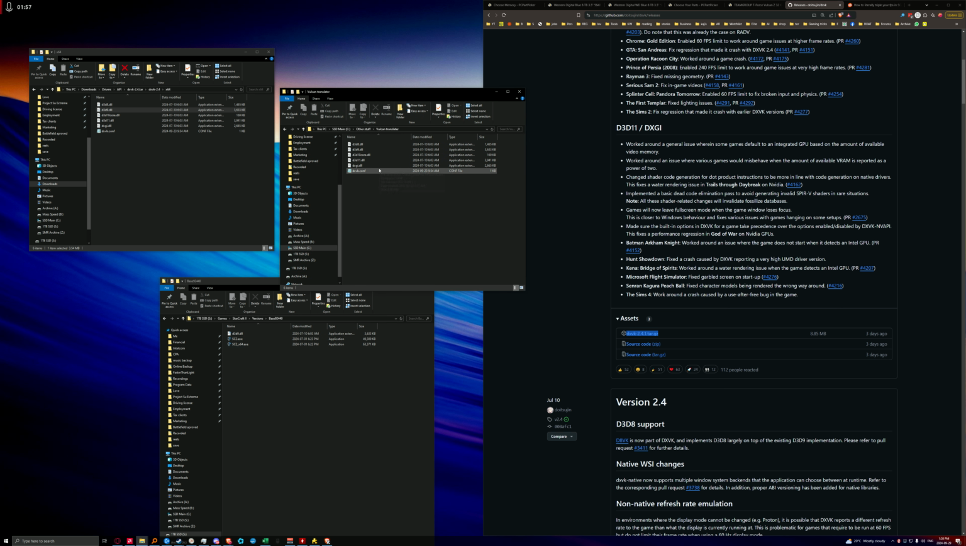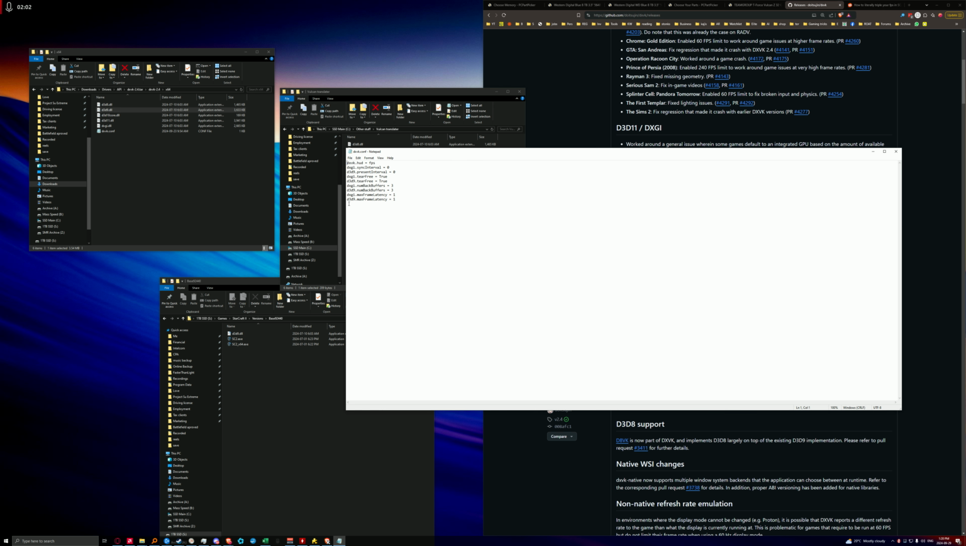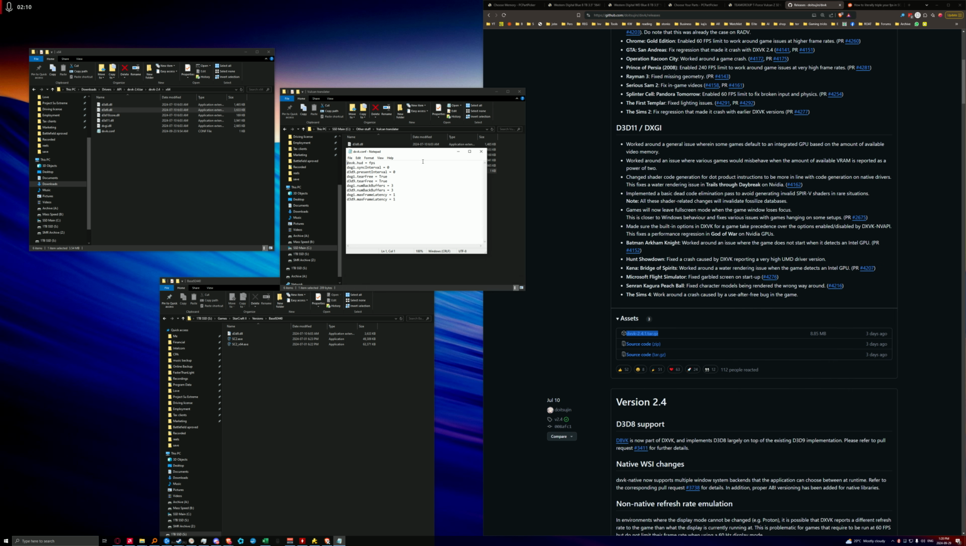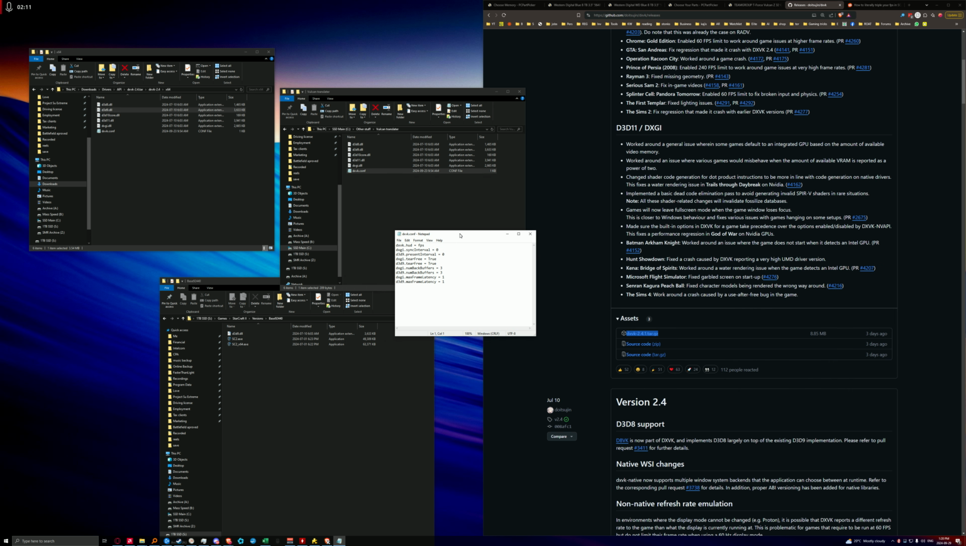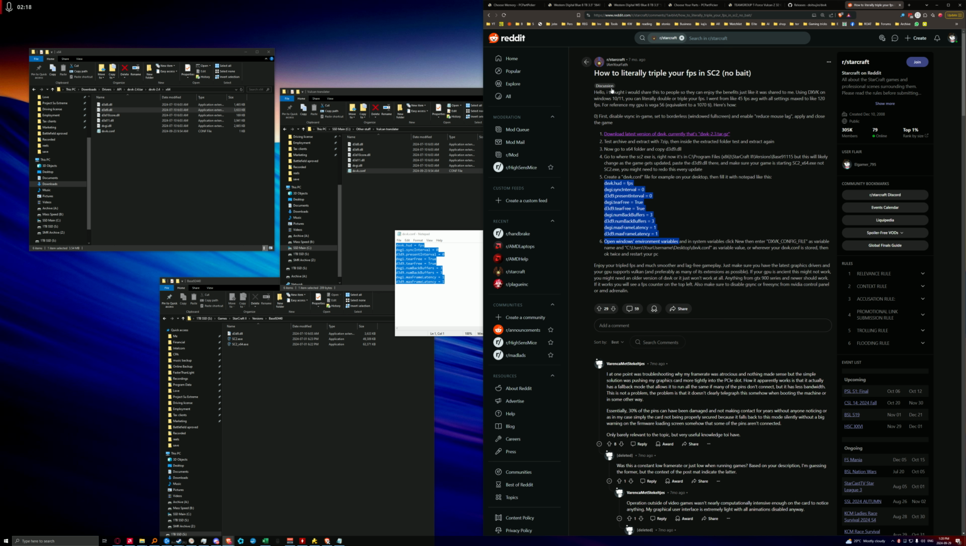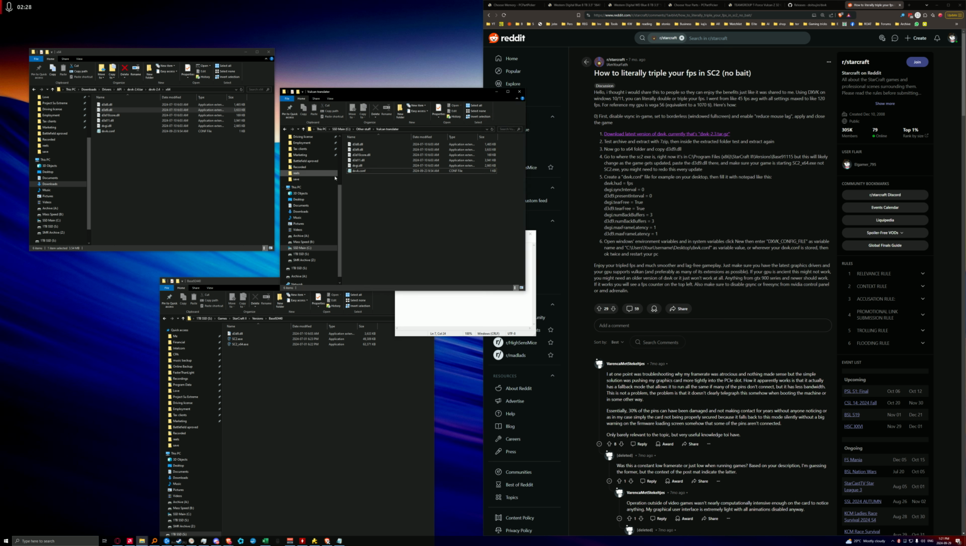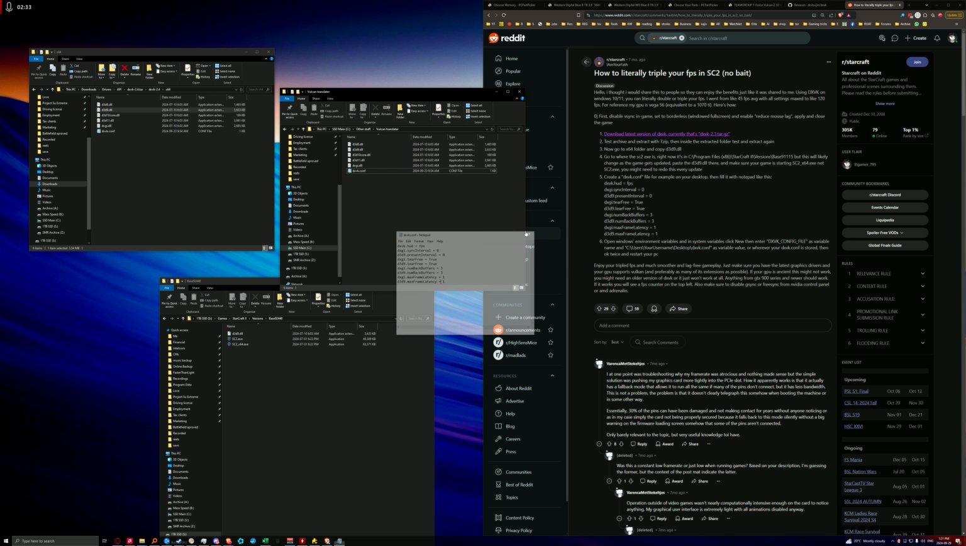I tried this with another game, I think it was D3D11, but it didn't work for some reason. So anyway, in StarCraft you're going to want to create this file here, which you can find in this Reddit thread, how to literally triple your FPS in SC2. Hopefully it doesn't get deleted because of Reddit. So you just copy this, you give the file a .conf extension, and then